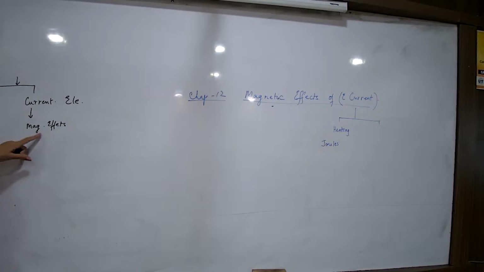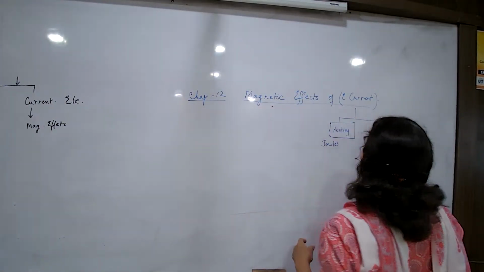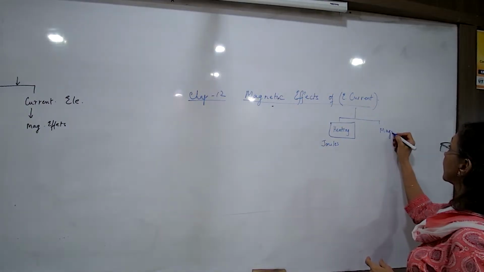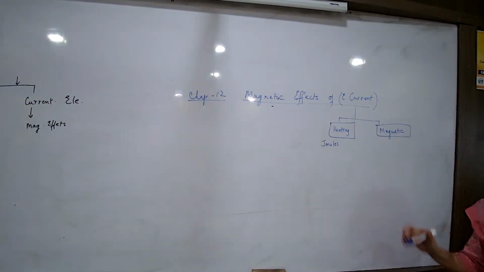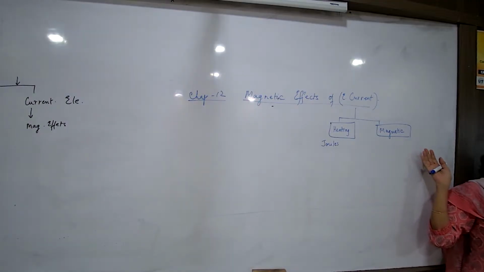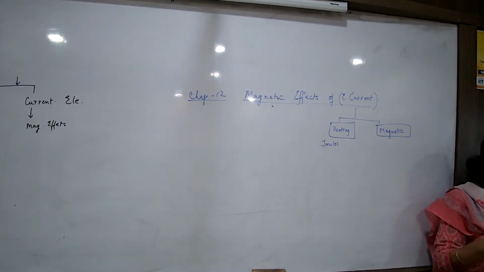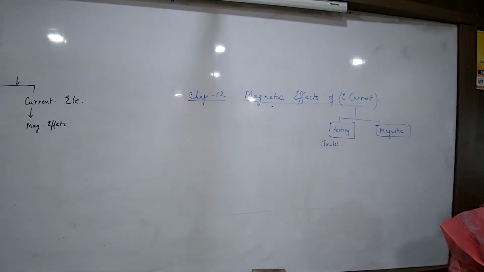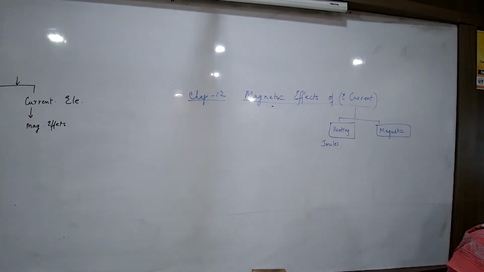Now the other effect that we are talking about is a magnetic effect. So one is the heating effect and the other one is the magnetic effect. Okay. Now once again, if you want to go back in history and find out how it has actually come about. Okay. So it was basically because of some kind of experiments which Oersted did. If you look at the photo of Oersted, he's supposed to be the father of the magnetic effect of electricity. He was a Danish